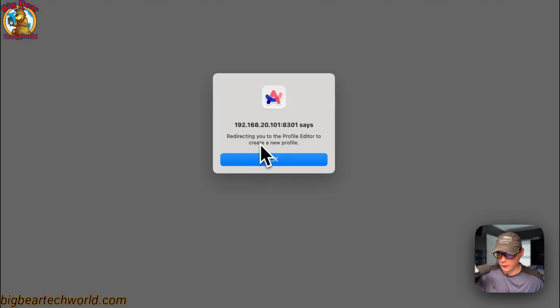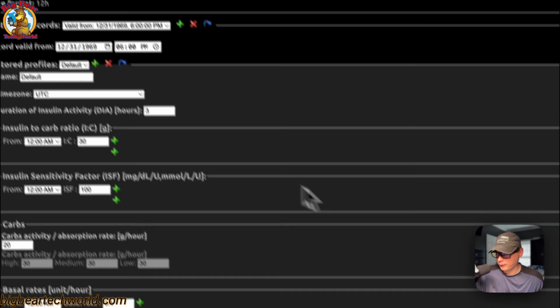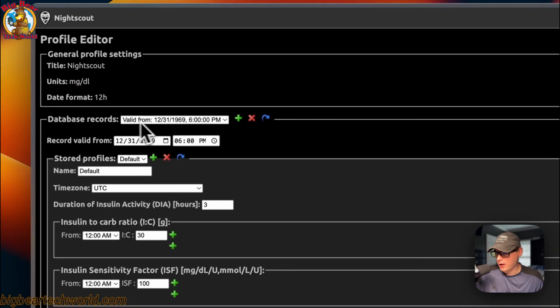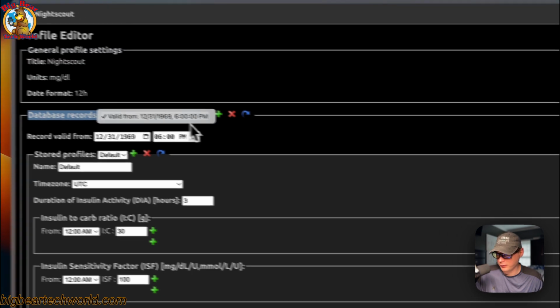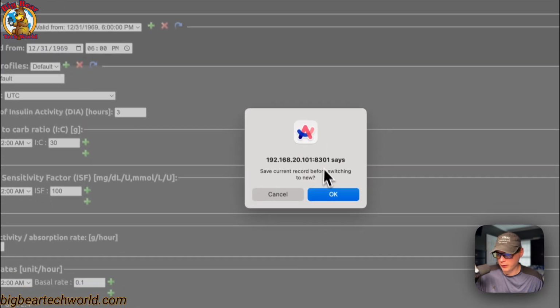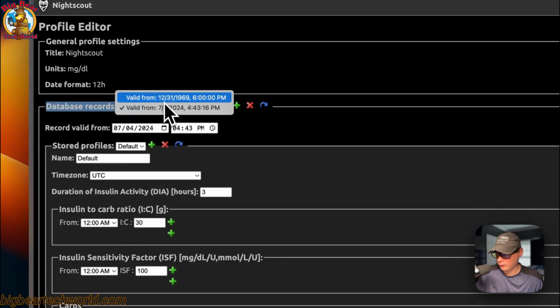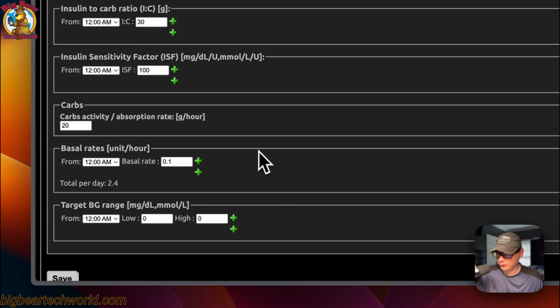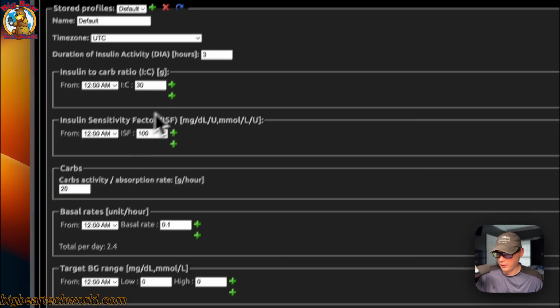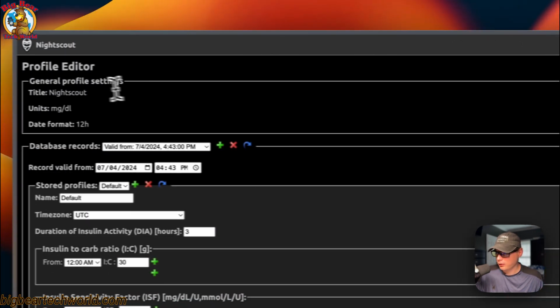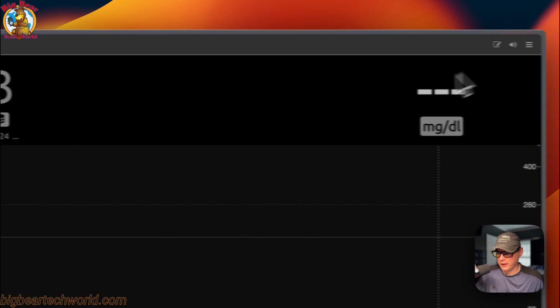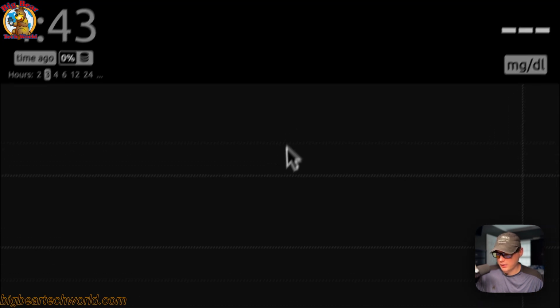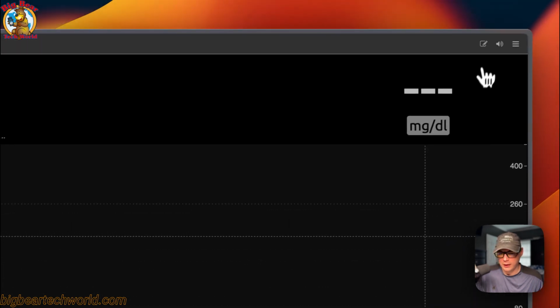So now it says redirecting you to a profile editor to create a new profile. So now you see database records right here, and then you can see valid from. You can also create a new one right here. And then now you have two. So you can just save down here, and it's saved and set success up here. So you can exit out of here, and now you can see a graph right here, and you can go